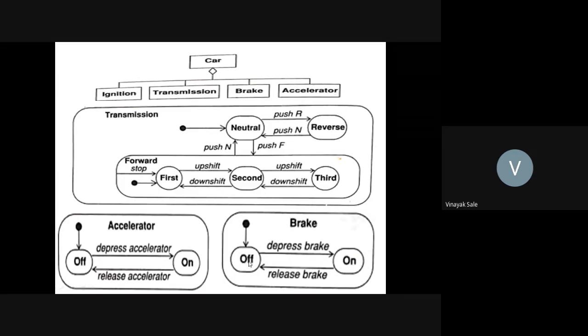Initially it is in neutral, that is, brake off. Depress the brake, brake is on. Then release the brake, then the brake goes to the off position. This is the concurrency in the case of a car, that is state,